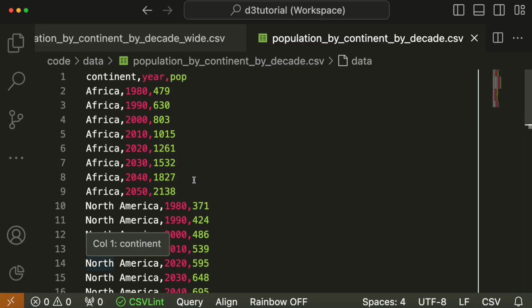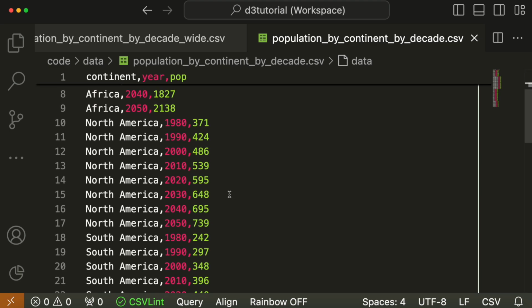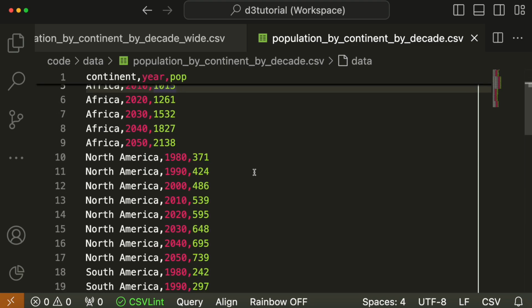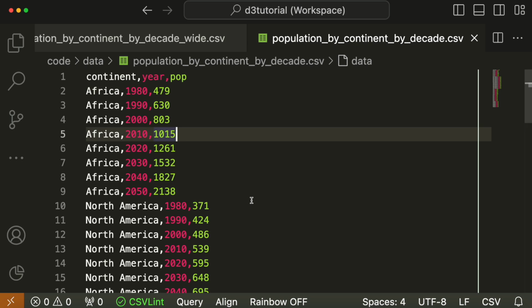This data format is called narrow. Narrow data has one numerical column, which in this case is population, and every other column supplies an attribute regarding that data. So Africa is one category and 2010 is another category. Many categories, and then one single numerical column. The advantage of this is that it's ideally suited for the computer to eat up. The disadvantage is that it's quite difficult to read because you can't compare across the continents and the